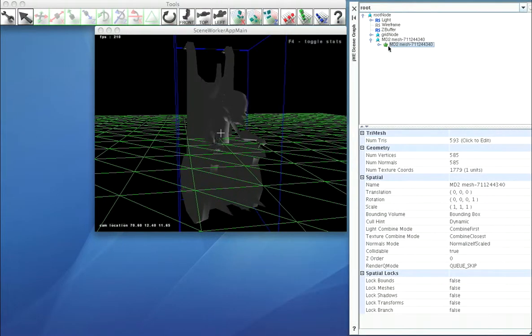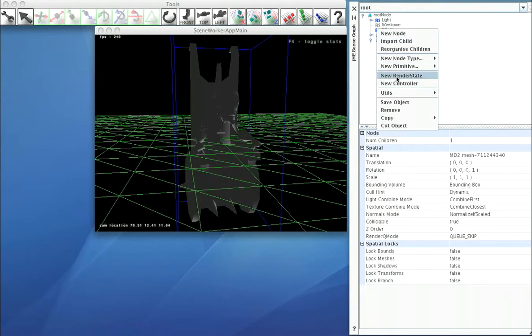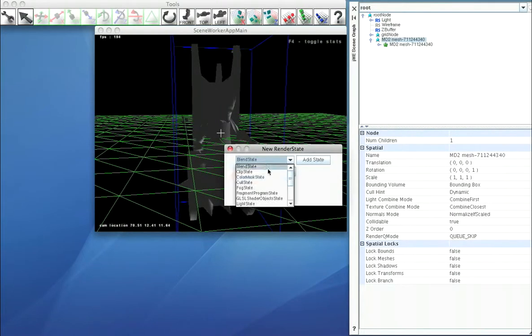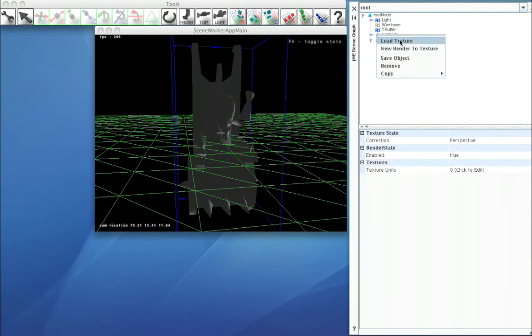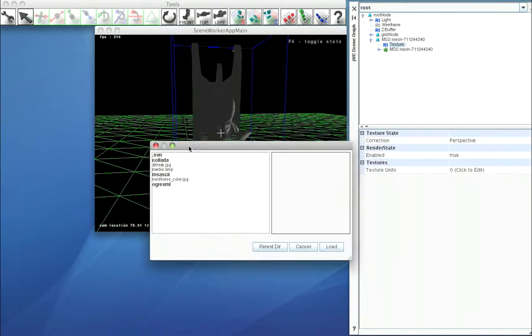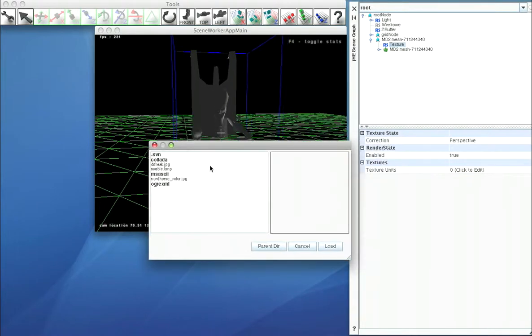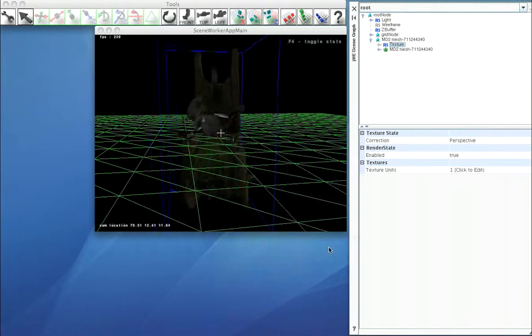So let's import a texture into that mesh. So the first thing we do is create a render state, which is a texture state. And now we can right click on the texture state to load a texture, and here we have a kind of image viewer dialog, which is in the same directory as where we imported the model. So that's the texture, so load that in,